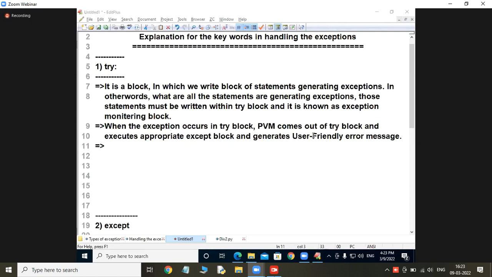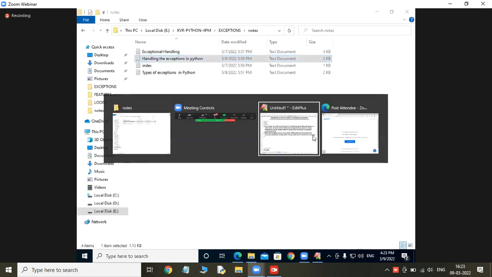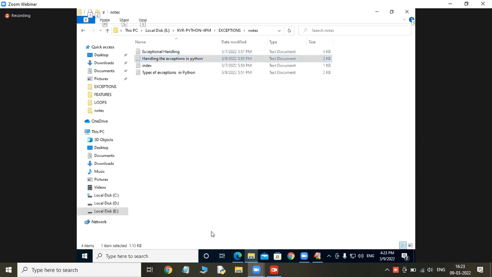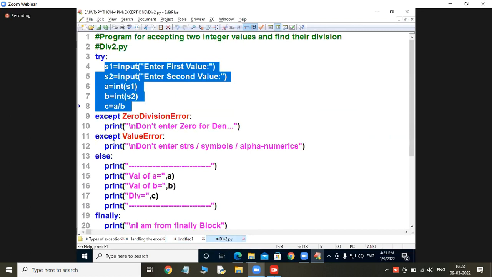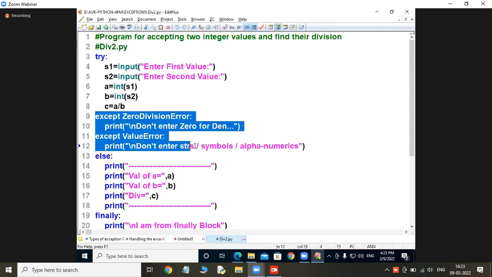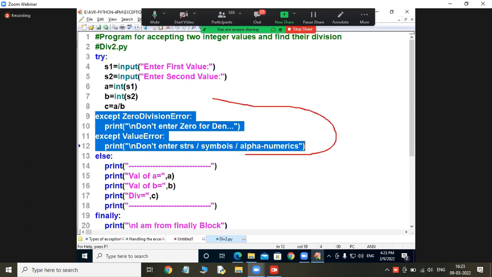See students, after executing the appropriate except block, does my control go to the next statement to execute through the try block?